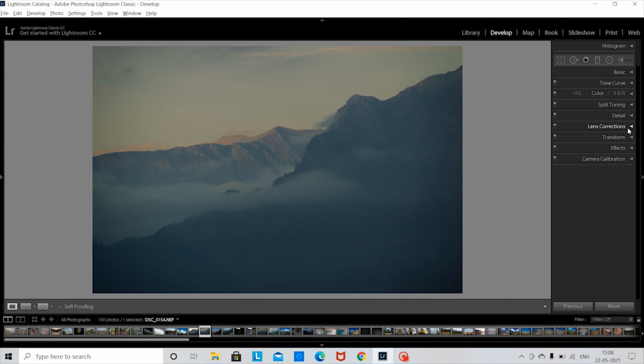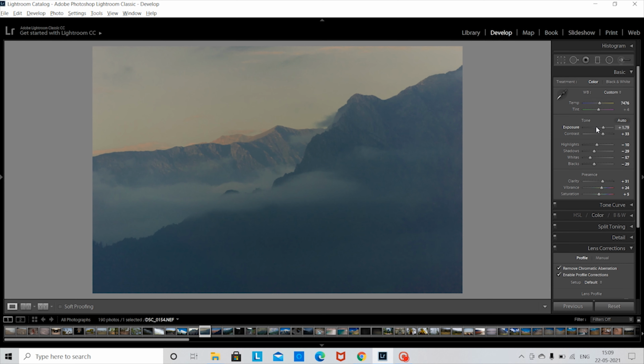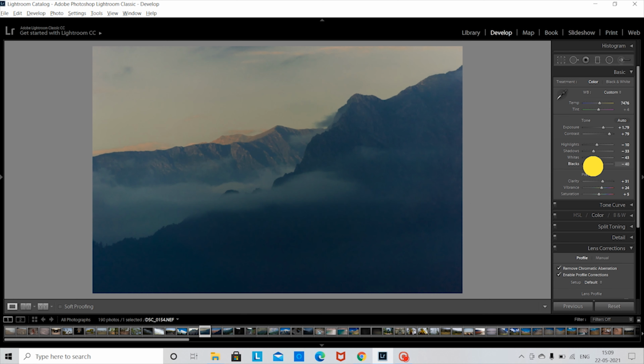Let's move on to the next tab, which is the lens correction tab. Over here I would suggest clicking on these two, as this automatically profile corrects the image. If you guys can see, if I click on this, it automatically lightens the photograph. So I would go back to the basic editing tab, and over there I would try and adjust the exposure and the contrast. So I would increase the contrast a little bit more and keep the exposure as it is, and I would try adding some shadows and try increasing the whites if it's required, and let's see if I can add some blacks. So according to me this is fine.